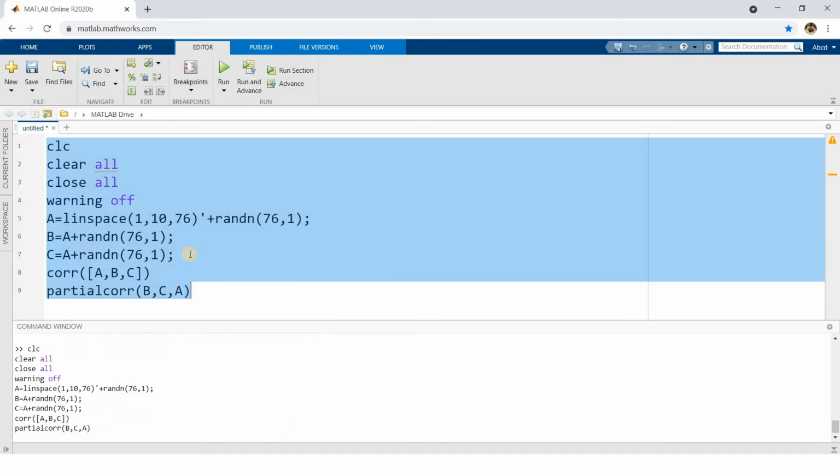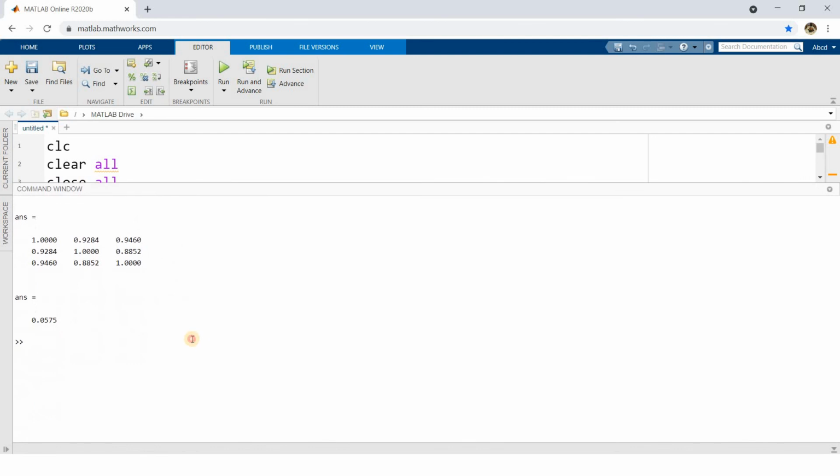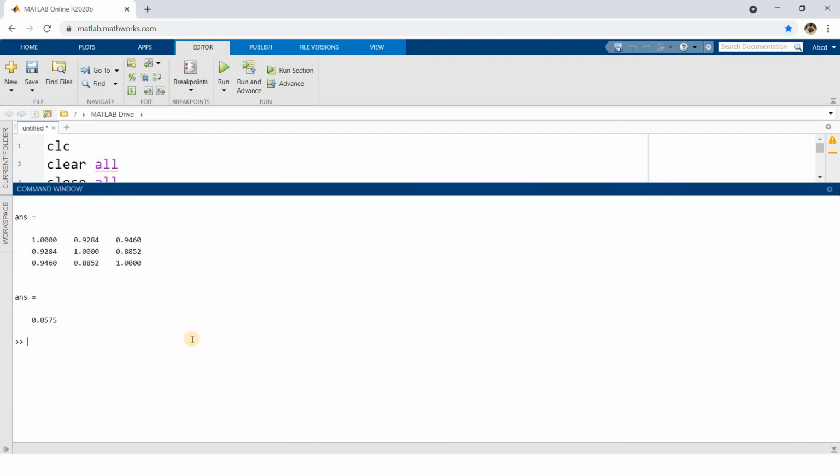So let us check, because observation of values in statistics is very important, and you should try to think intuitively whether you are getting that or not. See, diagonally the correlation values are all 1. This is the A column, this is the B column, and this is the C column. So the B and C correlation value is 0.8852, or symmetrically you will get it here also, because the first row is for A, the second row is for B, and the third row is for C. Whether you check this value or that value, you will get the same 0.8852, which is clearly indicating there is a very high correlation between B and C, right? I hope you are getting the idea.